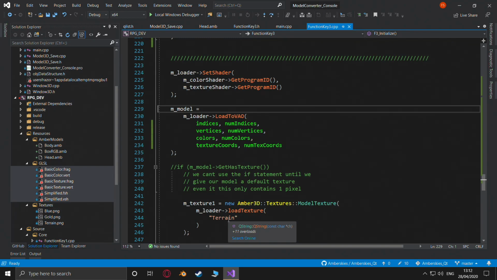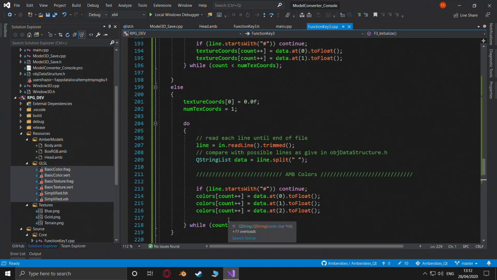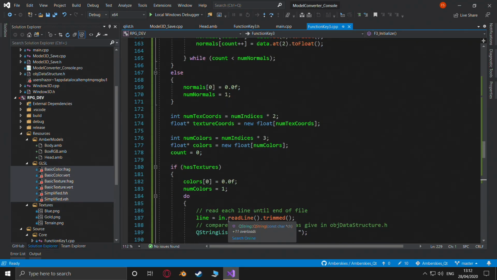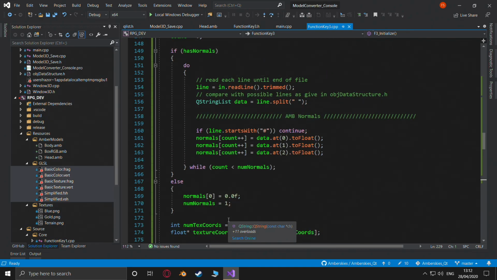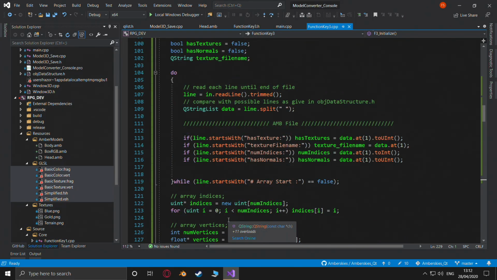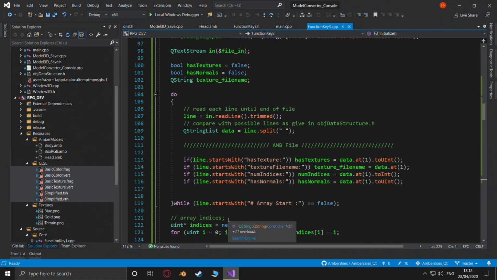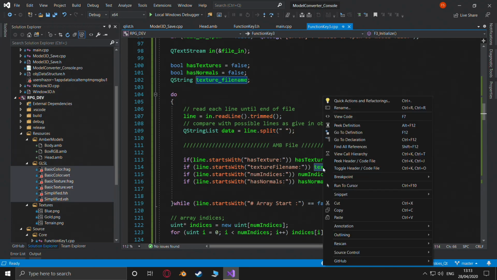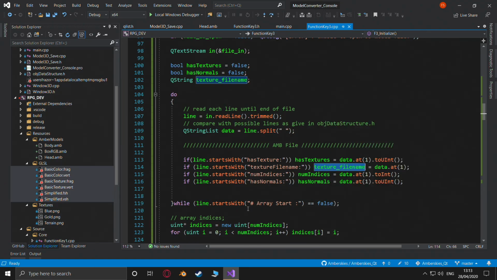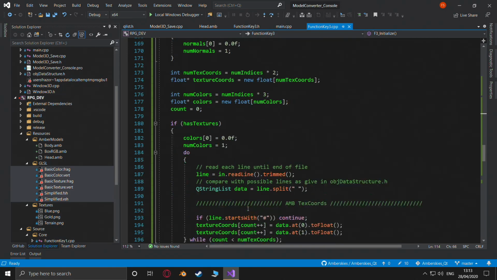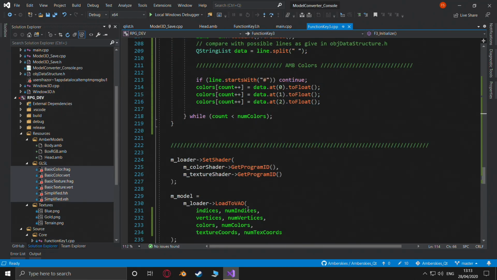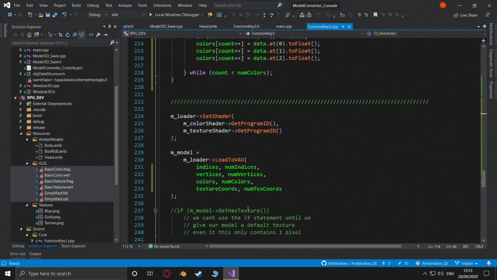That's wrong now. As we do have the texture. See how much smaller this is than reading an OBJ file? Yeah, a lot smaller. Texture file name. We have here. Yeah, it's just a lot